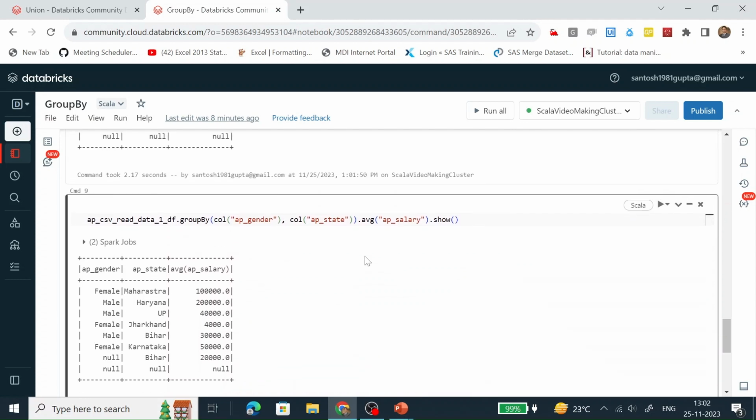So in this video, we have seen how we can implement the group by function over a data frame to create a collection of groups, and we can also perform different kinds of aggregate functions over the collection, and the collection is created with the help of the group by function. So let's go to the PPT.